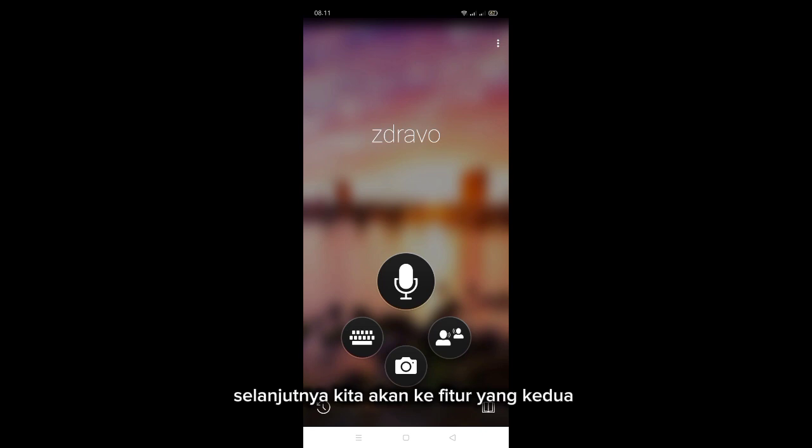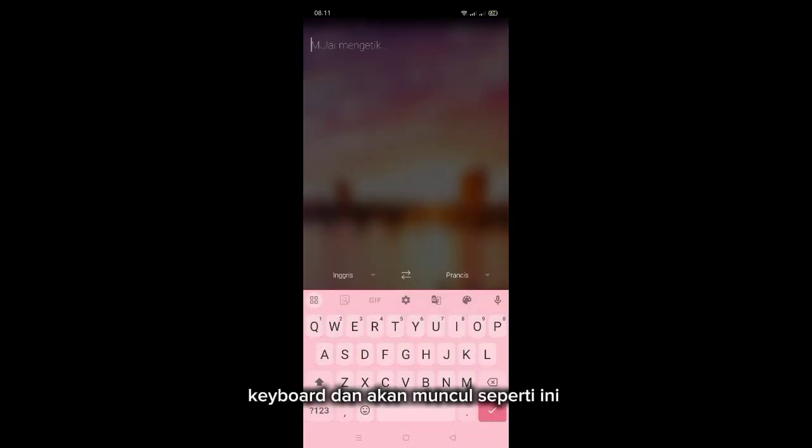Then next, we will go to the second feature, namely the keyboard. If you want to translate the language with the keyboard feature, you just have to press keyboard and it will appear like this.